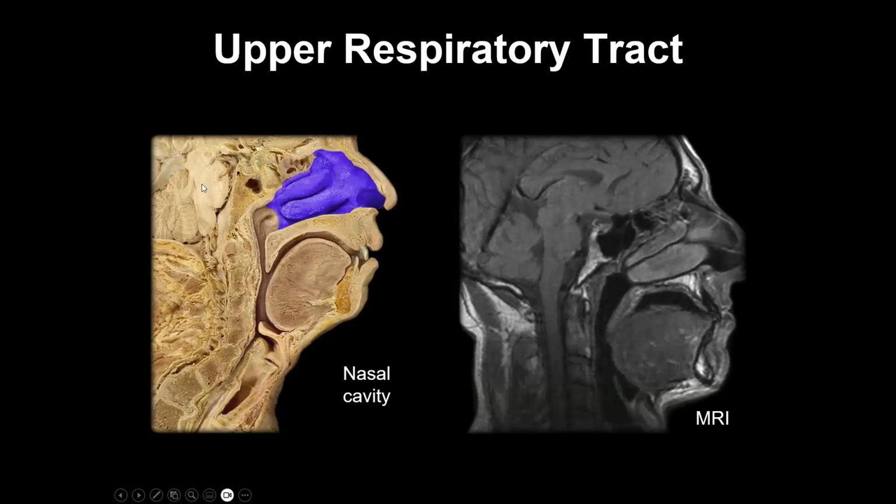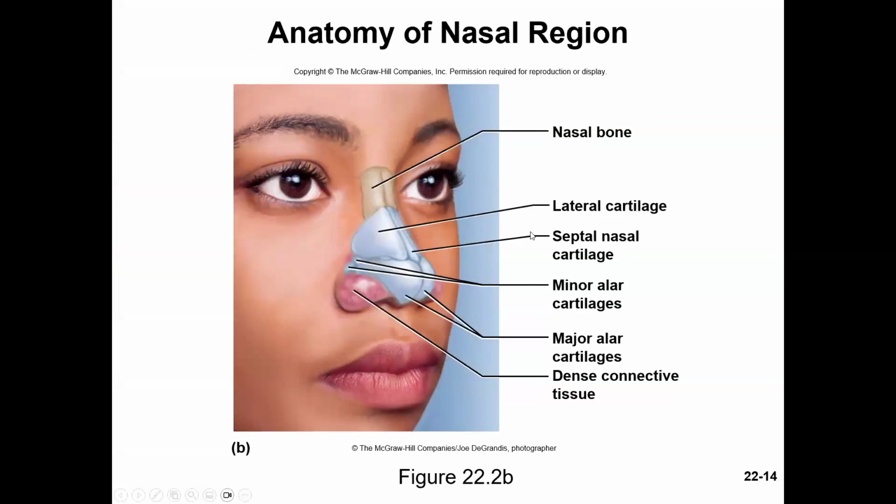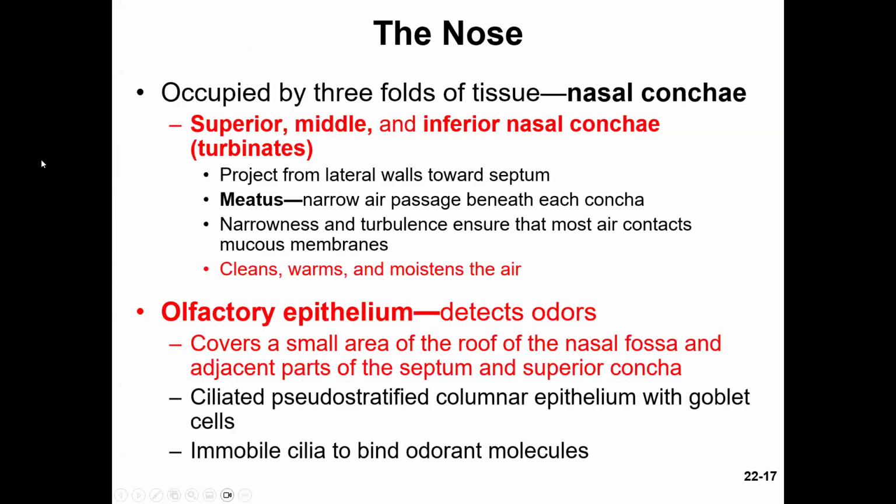Now, what I want you to do when you get home, if you have a brother or sister or a significant other or mom and dad, look in their nose, right? On the lateral part of their nose right here, you should see these little bumps. Now, I say little, they're not little, they're pretty large, right? They're actually pieces of bone covered with mucous membrane and hairs. And they're found on the lateral surfaces of the nose. We call them conchas or meatuses, right? The superior, middle, and inferior nasal concha,